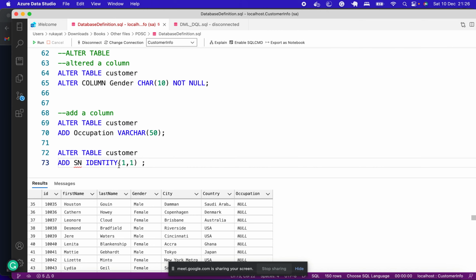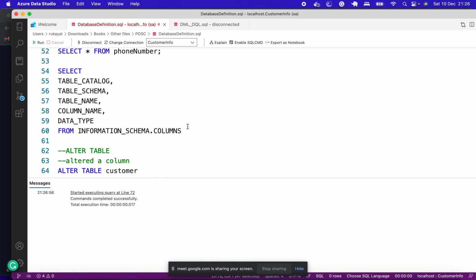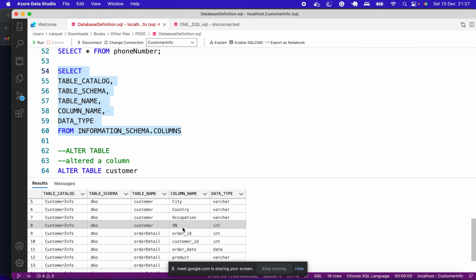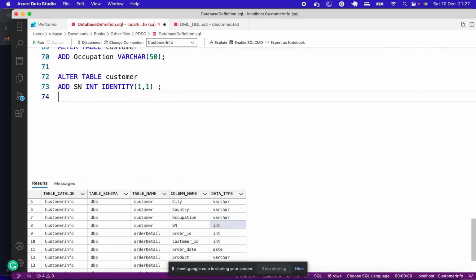Okay, and I should also tell it the name, the data type, which is int, and that's it. So if I run this now, since this is an identity and it does not need you to put the value manually, this is going to work because this number is going to be automatically generated. If I run this now, it works. If I run my table schema, I have serial number int, and if I run that select everything,